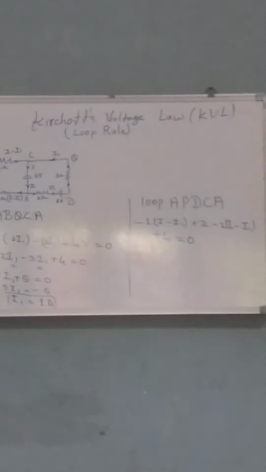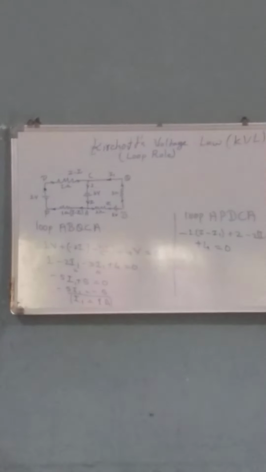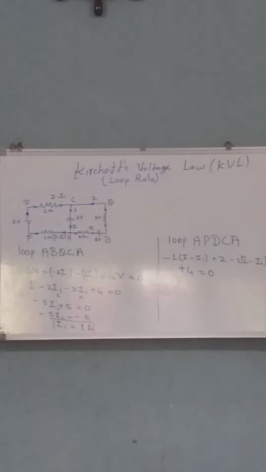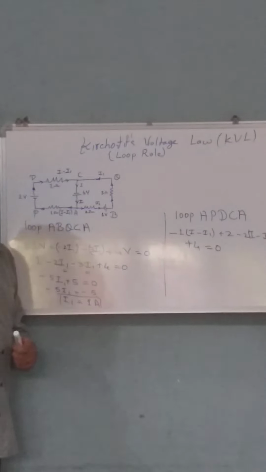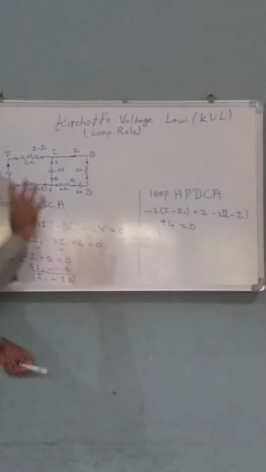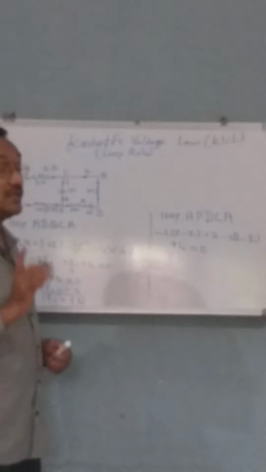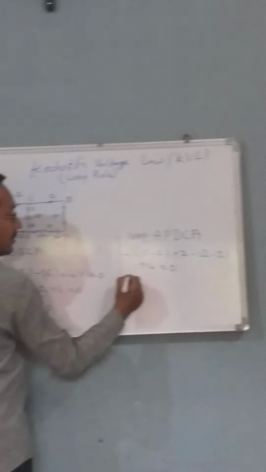Remember, while tracing in this direction, if you are tracing along the direction of current, we consider it as negative. Take care of the sign conventions which we are taking in this case. Sign conventions are very important, how we are tracing it. Now here I will be solving it just mathematically.